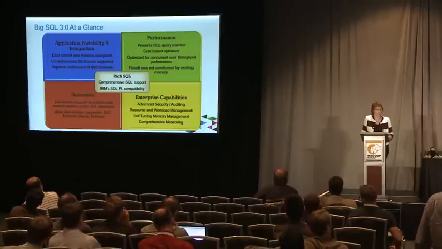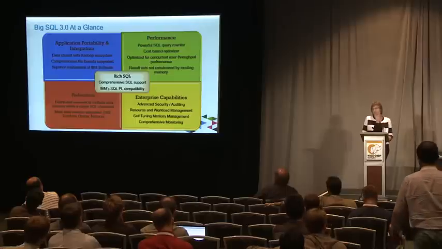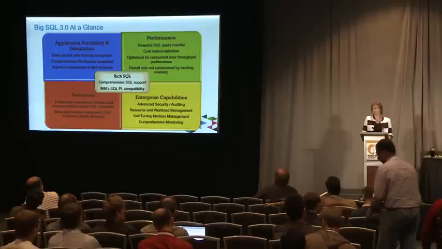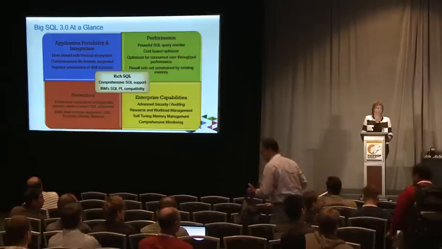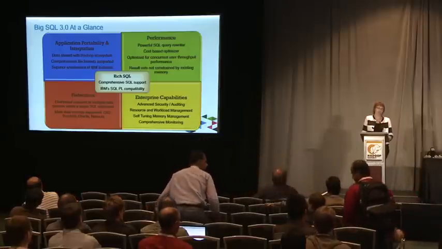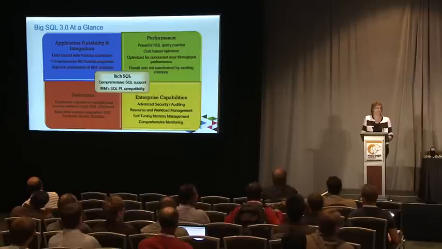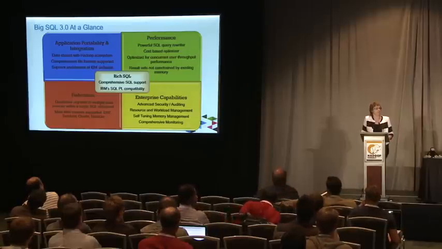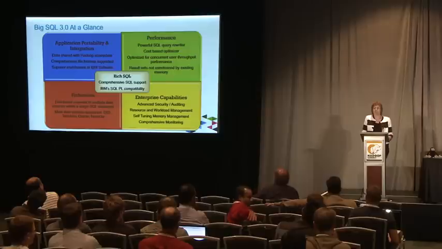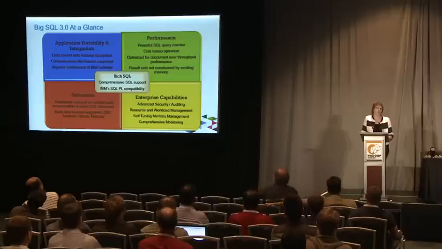Another interesting thing that customers have been asking in this area is about federation. A lot of you have data in other systems, Oracle, Teradata, DB2. And one neat feature that we have in Big SQL 3 is the ability to issue a query against Big SQL, and in the same query be able to get data from all those systems. So we have a very good federation capability, which is key for customers that are looking into hybrid data warehouses.